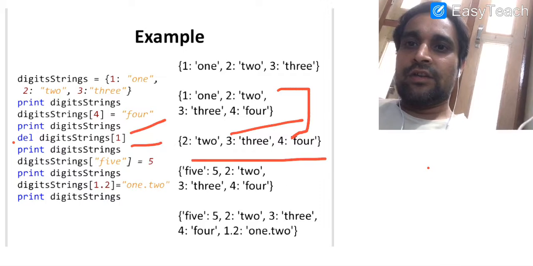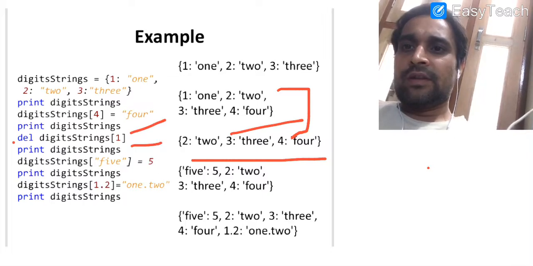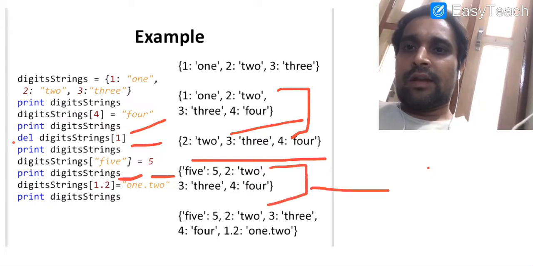So we will get the dictionary with key values 2, 3 and 4 as the output when we again use the print statement. Thereafter we have used one more example, digit strings. Thereafter in key we are using 5 and its value is 5, that is an integer value. When you write this statement and print the dictionary, you will get the dictionary with 4 elements, that now 5 is a key available and corresponding 5 is the value that is associated with this key,